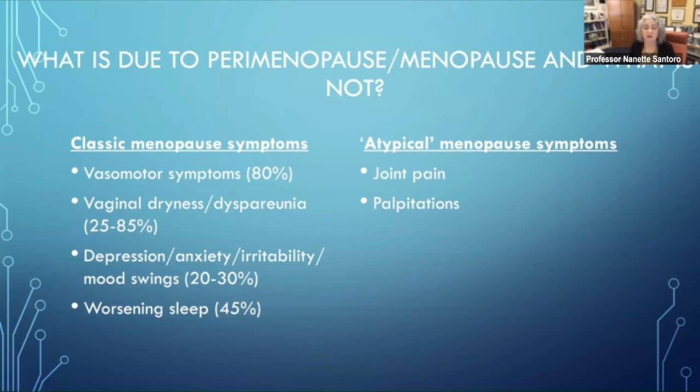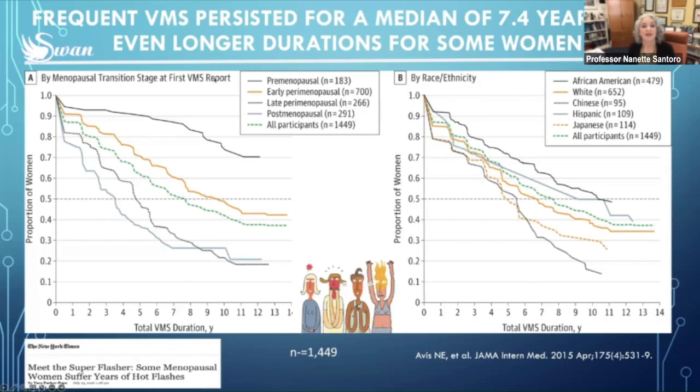We do know this seems to be related to estrogen because women who take aromatase inhibitors will sometimes develop pain. And palpitations also are reported by a certain percentage, about 3–5% of women across the menopause transition. And there are others. And your patient may have her own symptom that doesn't seem to make sense, but that may be related. So vasomotor symptoms, when they were looked at longitudinally in SWAN, we saw that they lasted longer